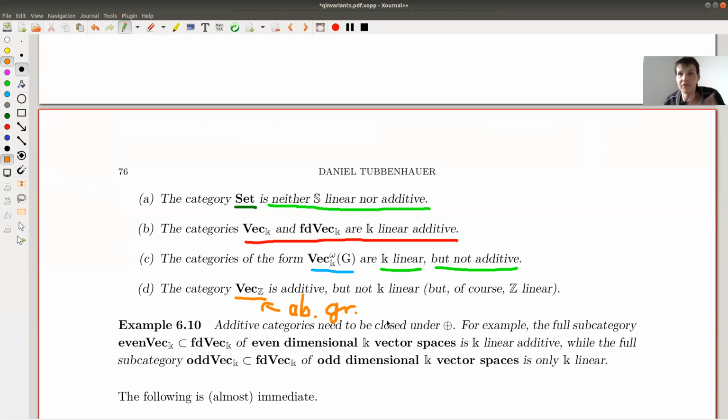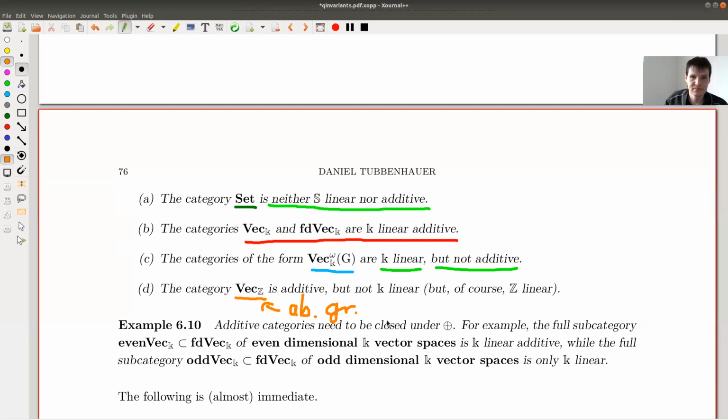I just like to write down Z-modules, right? And I never really understood why people like to... Well, I do understand, but I'm not a big fan of distinguishing the notion of a vector space and a module. Whatever. Let's forget it. So for a ring, I usually also say it's a vector space over a ring. So that's why I write Vect Z. But strictly speaking, it's just Z-modules and not Z-vector spaces.